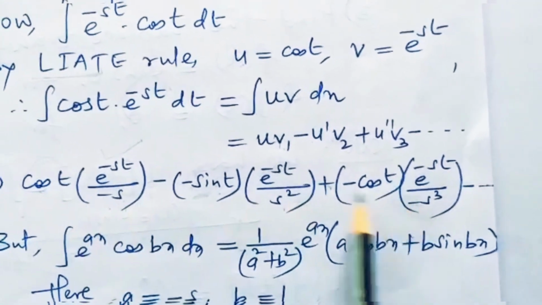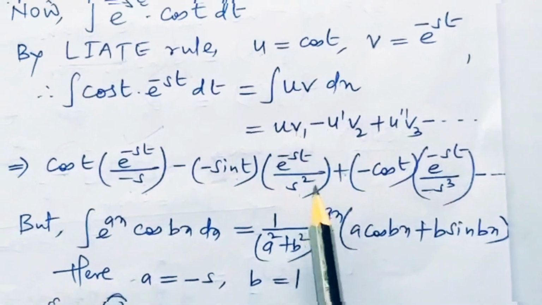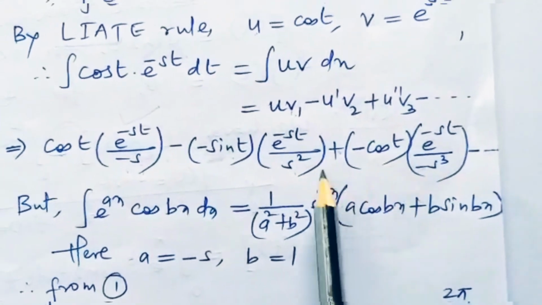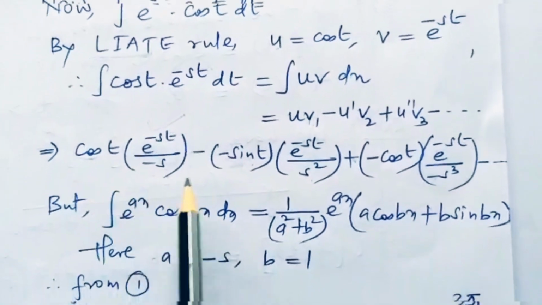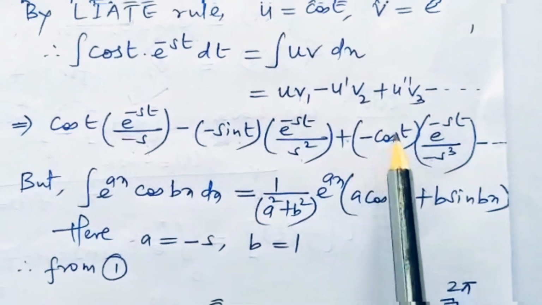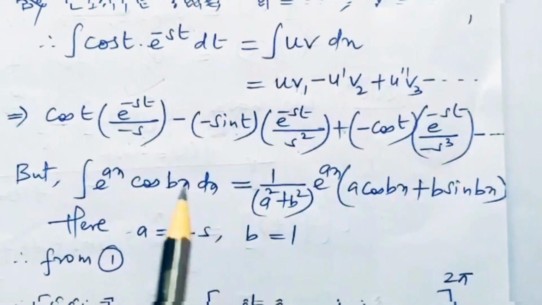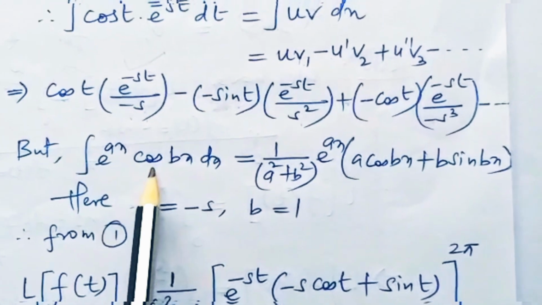With this method, we will never get any value here. So that means the integral will never converge. It is not getting a correct answer, or we will not reach a particular answer. So in this situation, this generalized rule of integration by parts doesn't work. But at the same time, we have some standard formulae, like whenever we come across e raised to ax cos bx dx.